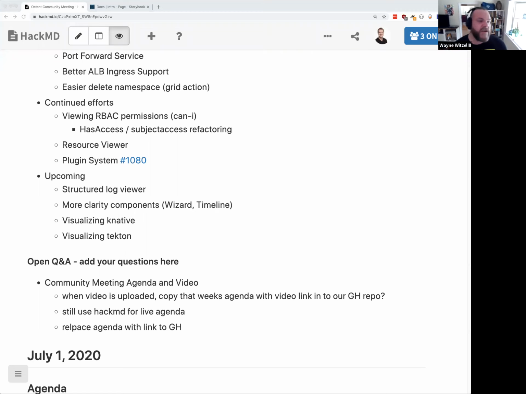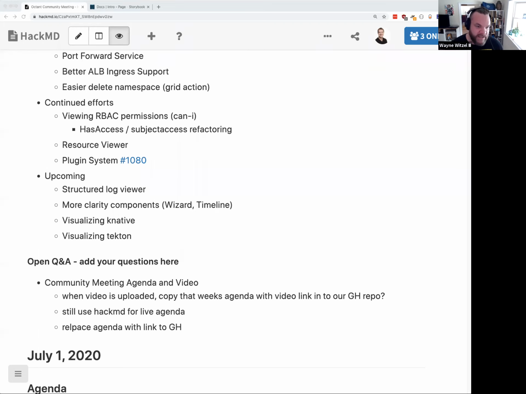And then we're also thinking about how can we visualize popular tools, especially tools that have lots of events and workflows in Octant, thinking about Knative and Tekton. We want to be able to take the output of some of these common things that people use and show them in a way that's helpful, and surface all of that in a way that helps drive understanding about what these things are doing and